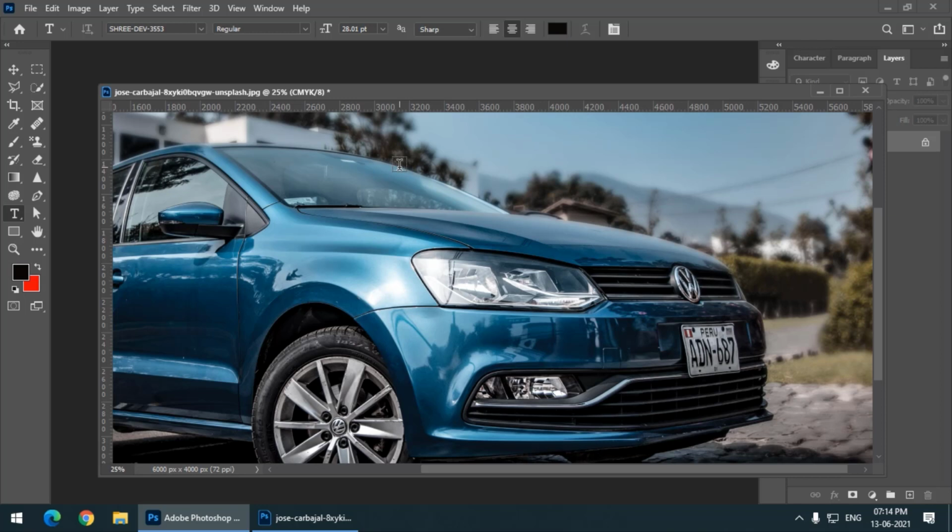So the colors will be matched better. So if you want to create a design for digital medium, then we have to use RGB mode.